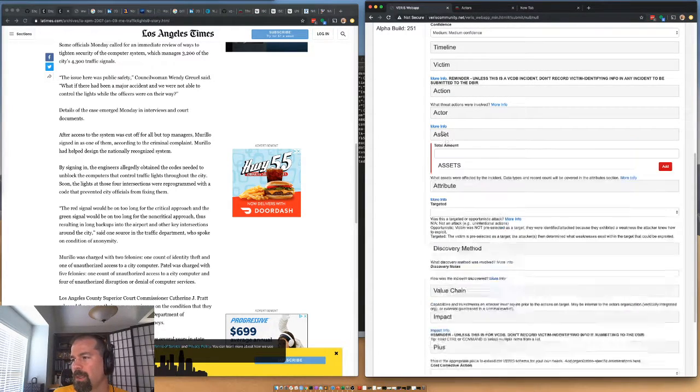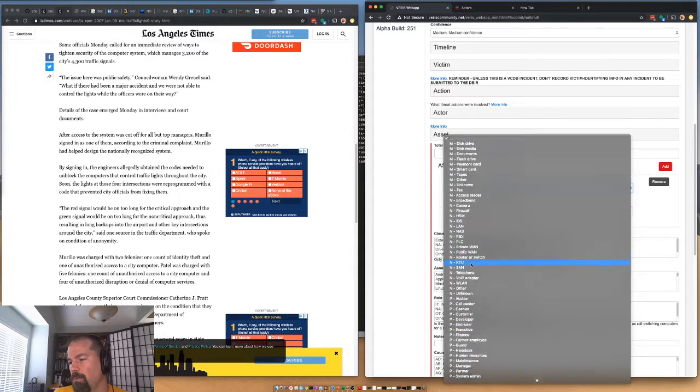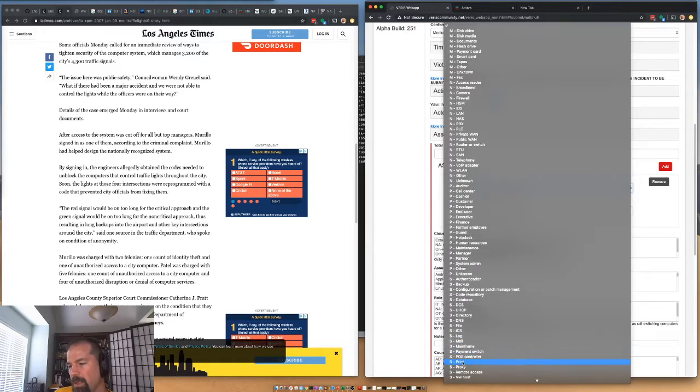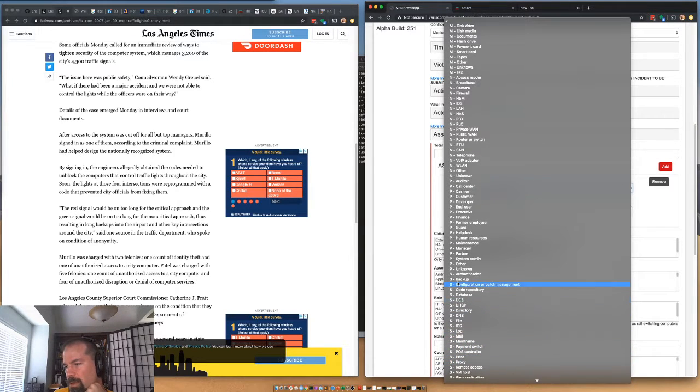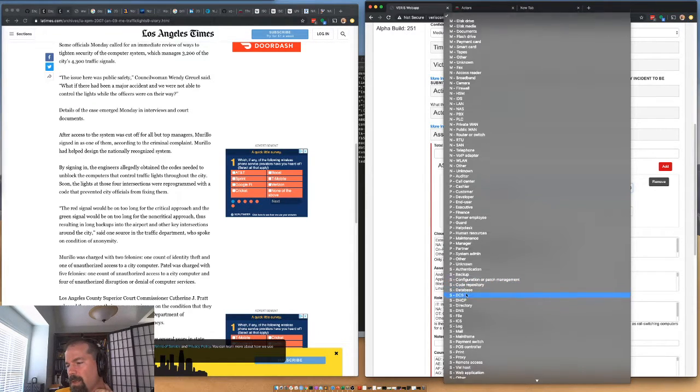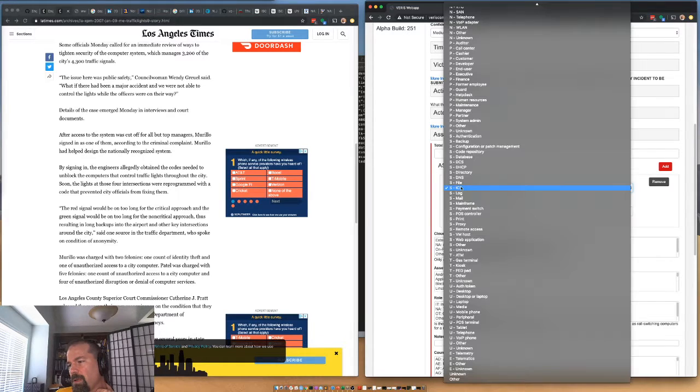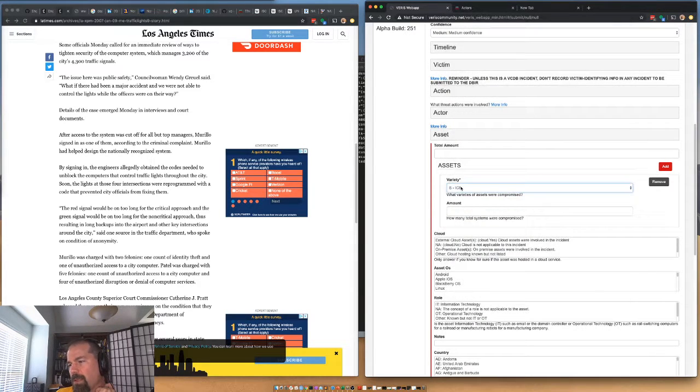Okay. The asset was, let's say, a server, an application server of some type. Configuration or patch management, no, I don't think so, nor code repository, database, directory, DNS, file. ICS, yep. Server, industrial control system, I think that's a good choice.